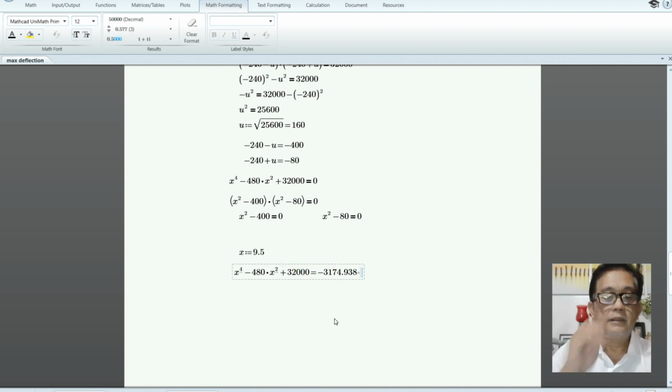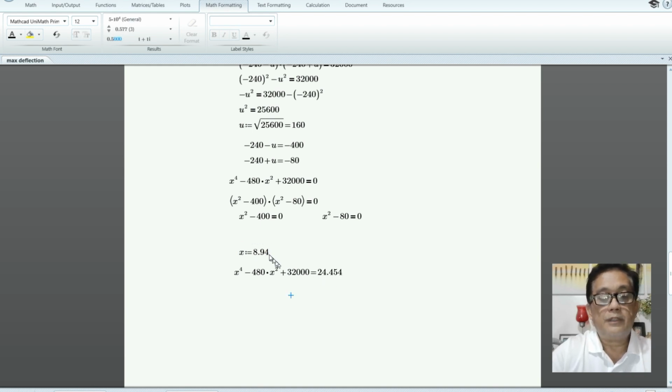How much is this? This is equal to negative 3,000. It's not even close to 0. Let's try 9. Okay, it's getting smaller. Let's try 8. Now it becomes positive and more than 0. So it should be more than 8. Let's say 8.5. So it's going back closer to 0. Let's try 8.8. 825, 8.9, 253. We have already tried 9. It's negative. Let's try 8.95. Okay, it's negative. Let's reduce this to 8.94. It's closer to 0 now.